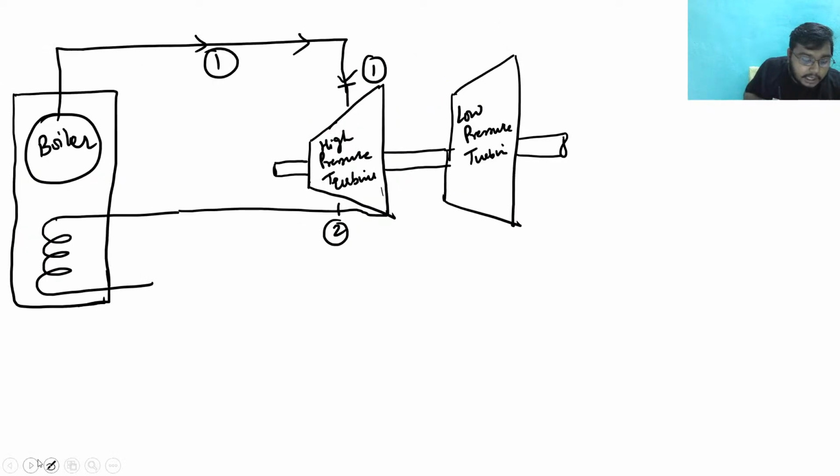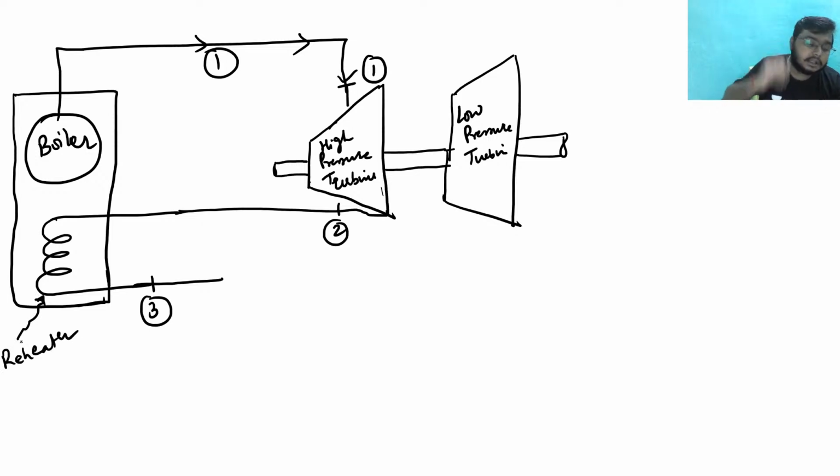So what I am doing, I am taking the steam from the high pressure turbine, and this is state 2. This state 2 steam is heated, and after heating it is at state 3. So this is a reheater, and the function of the reheater is to reheat the steam. Fine. Now this is point 3. Now from here again this steam is fed to the